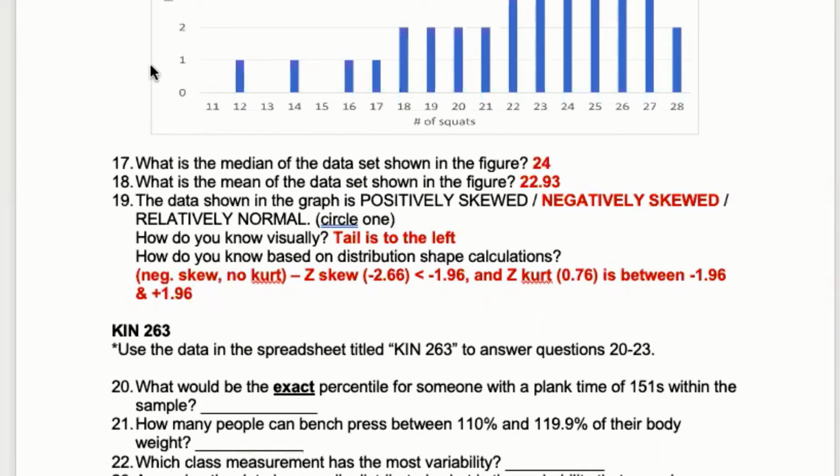Oh yeah, Lori Joe, I think I answered that question earlier. So even though mean equals median equals mode is a characteristic of a normal distribution, it's not a valid way of assessing shape. So in this one, distribution shape calculations, just think of those as z-skew or z-curt. I could ask you guys, if I give you a raw set of data and I ask you to